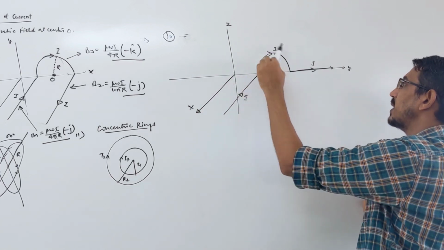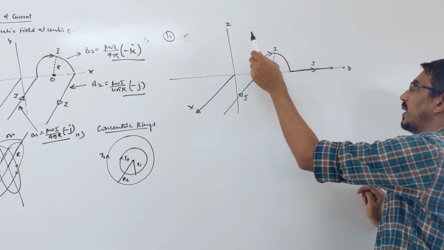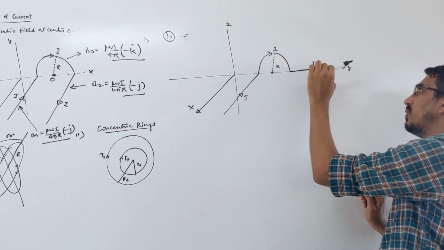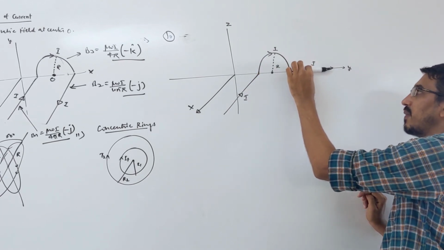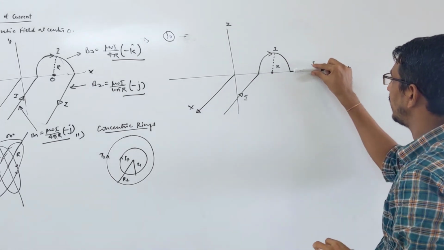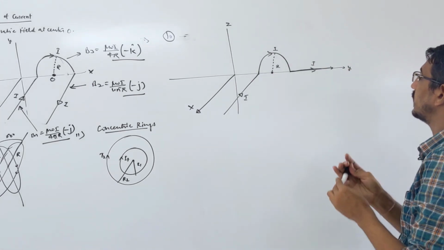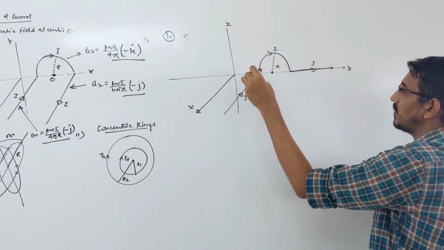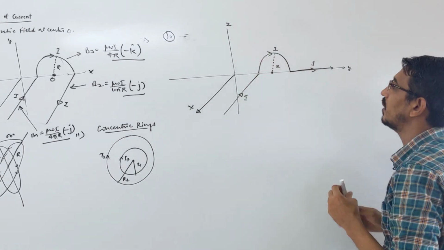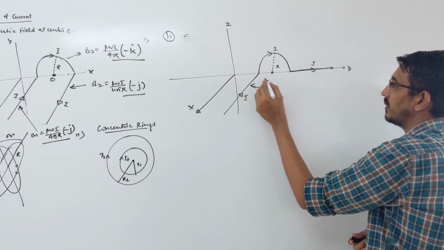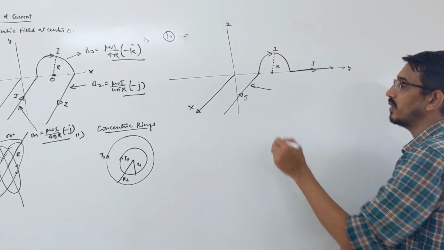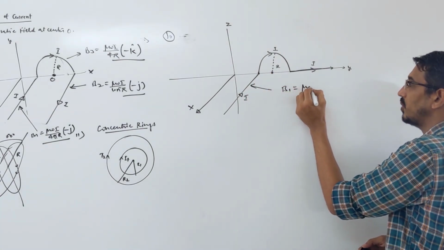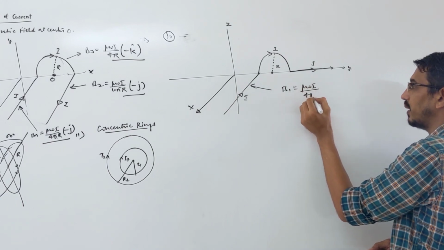Now the ring is placed on the board itself, meaning in the y-z plane, and this wire is placed along the y axis, on the board itself. Once more, this wire is on the board like this way, the ring is also on the board, but this wire is like that way. So what is the magnetic field due to this wire? Again the end-of-wire case, so B1 is mu naught I upon 4 pi r.